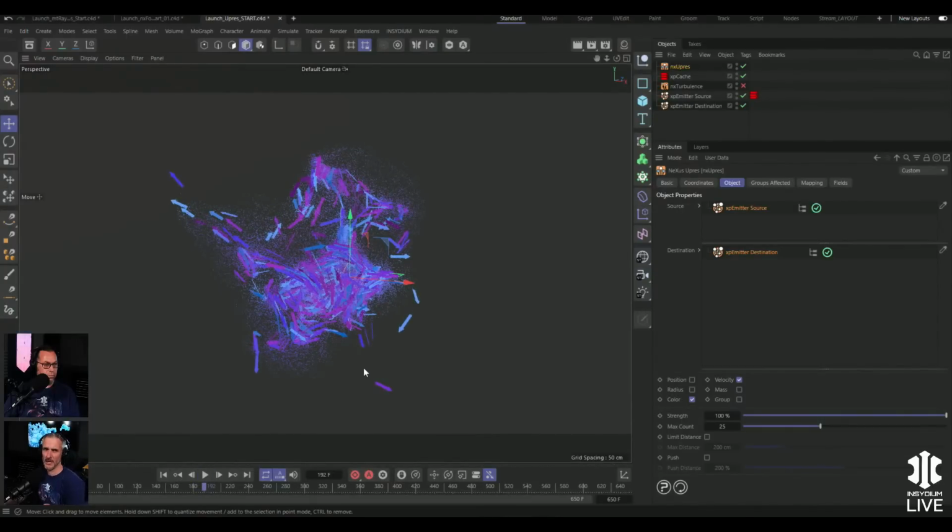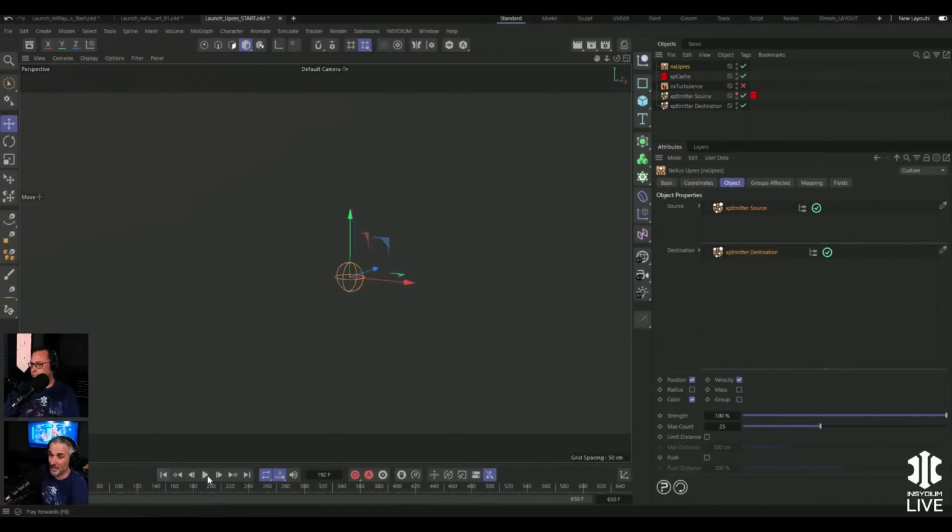Upresing is not just about taking old simulations and adding some more particles to them. It can actually be used as an artist's tool in its own right to get effects that would be really difficult to do without it. To demonstrate that, we can start using the position as well. So if I click on position, and let's make the source particles invisible. On full strength, they're going to get the position of our source particles and collapse in on each other. This in its own right is quite a cool look, but it's a little bit too severe as they're collapsing. But if we reduce the strength of the overall effect,